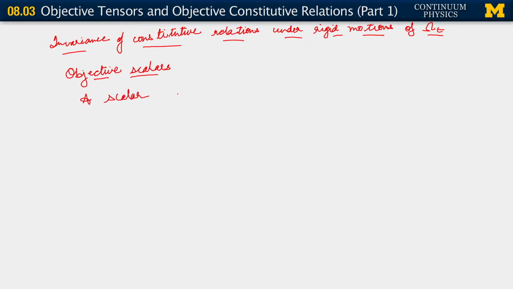So a scalar that is objective with respect to (WRT, acronym for with respect to) rigid motions of omega t satisfies